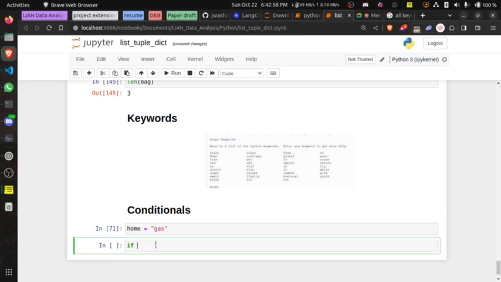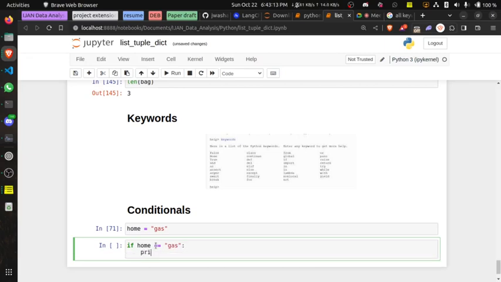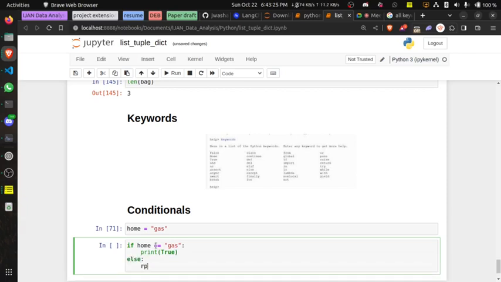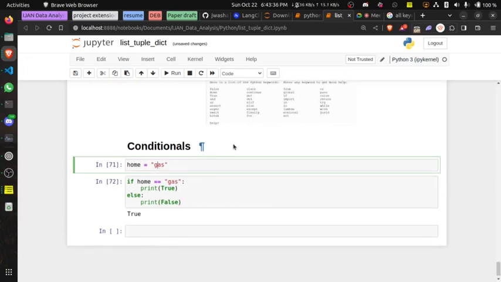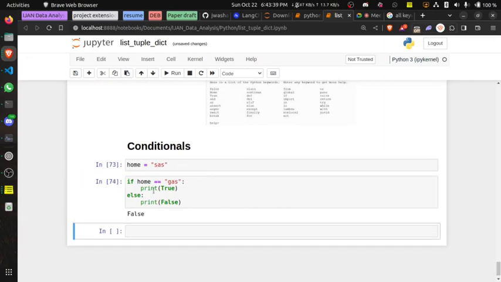So I'm just going to say if home equals gas, then print True, capital letter T, and else print False. Okay, so I'm going to run this now, and you see True. And if I change this output to SAS and I run this, you get a False.